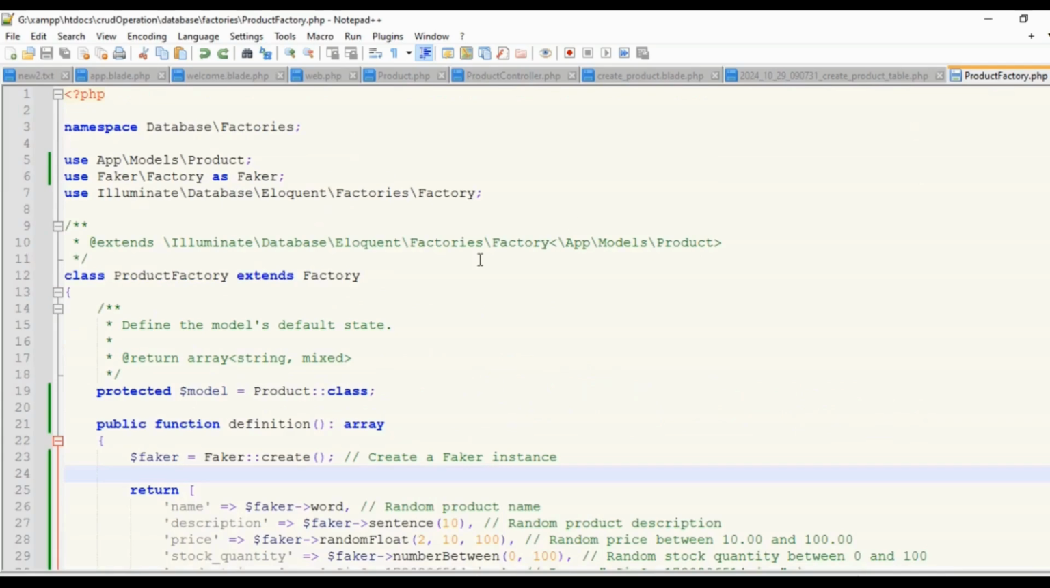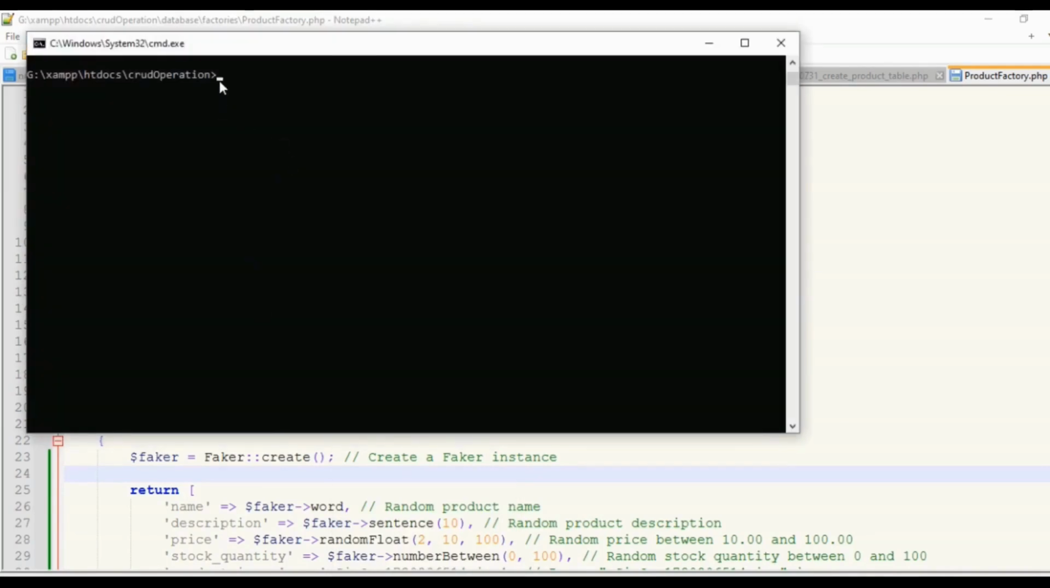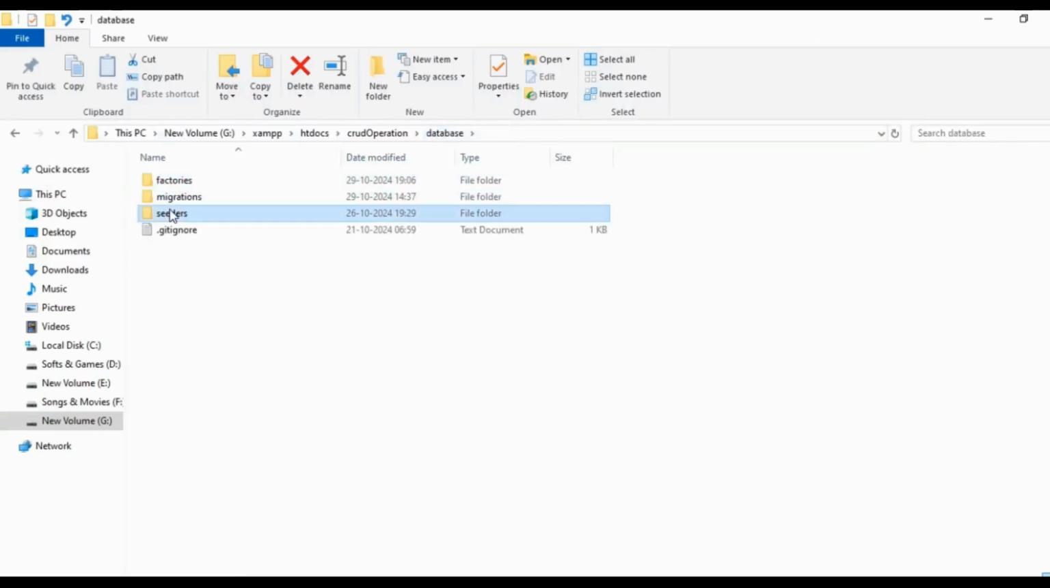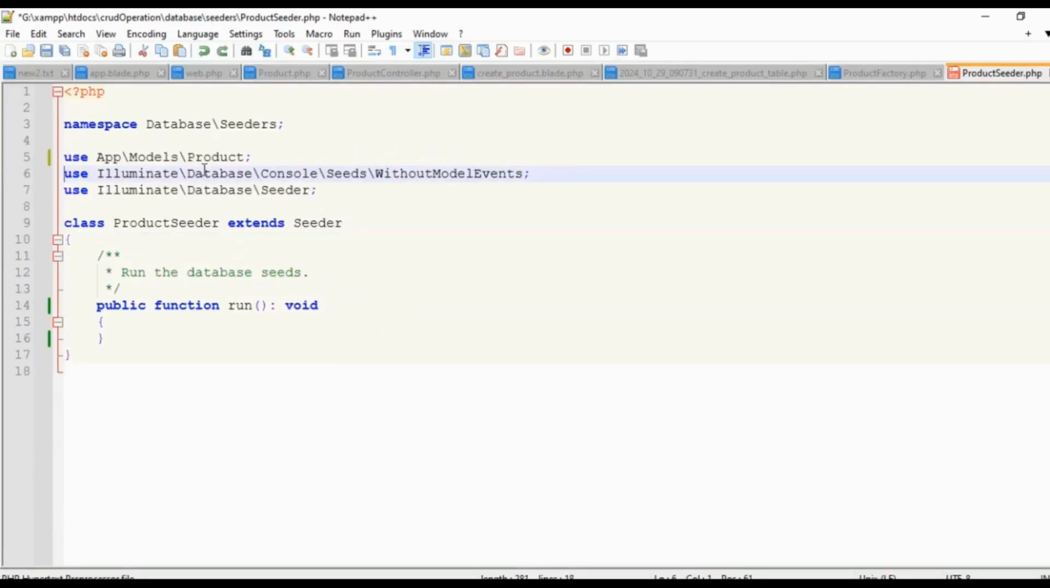Next, use Product Factory in your seeder to generate multiple product records. To create the seeder, open the command line and run the command php artisan make:seeder ProductSeeder. After executing this command, the ProductSeeder will be created and located in the database/seeders directory. Open the ProductSeeder file and add the product model namespace with the line use App